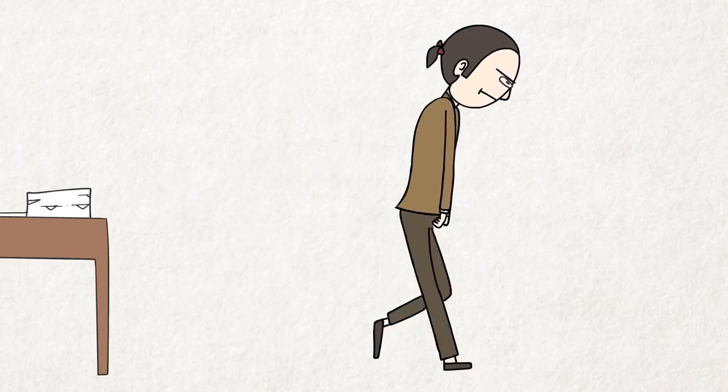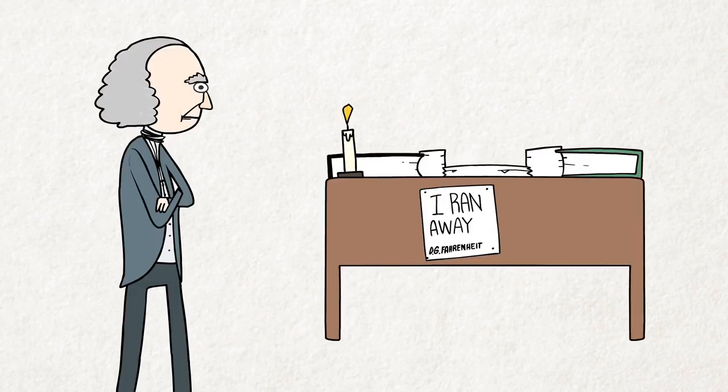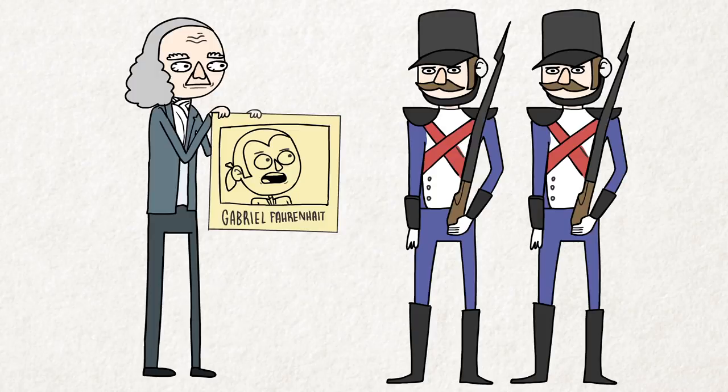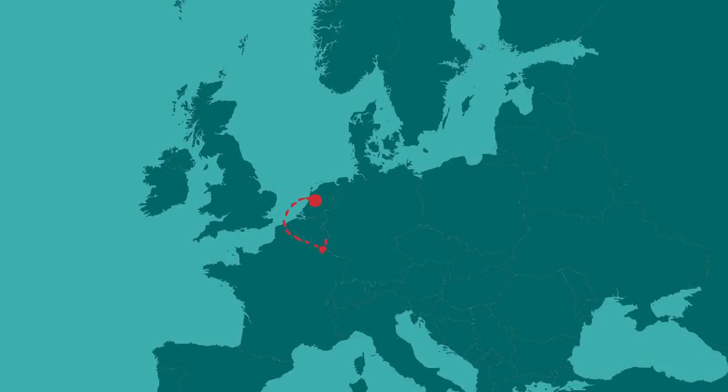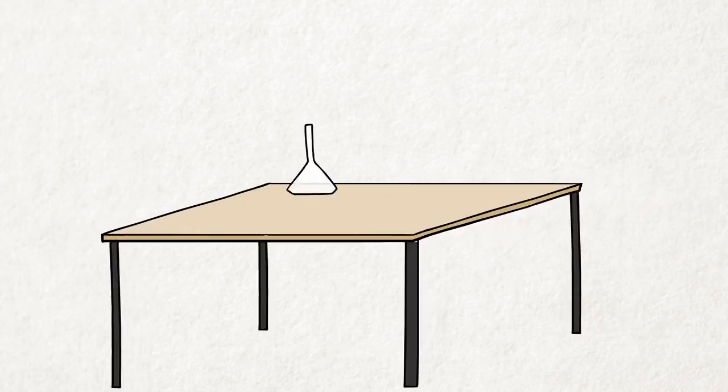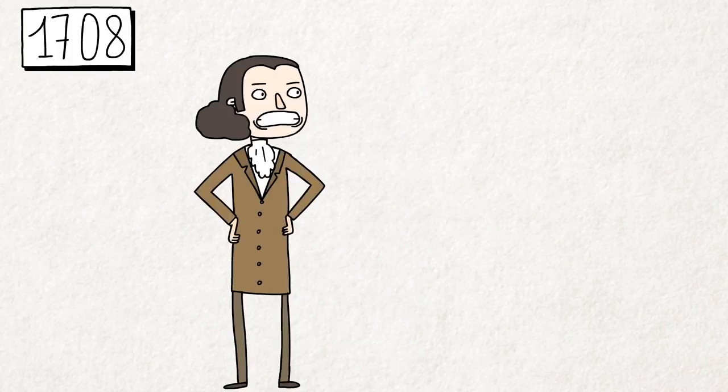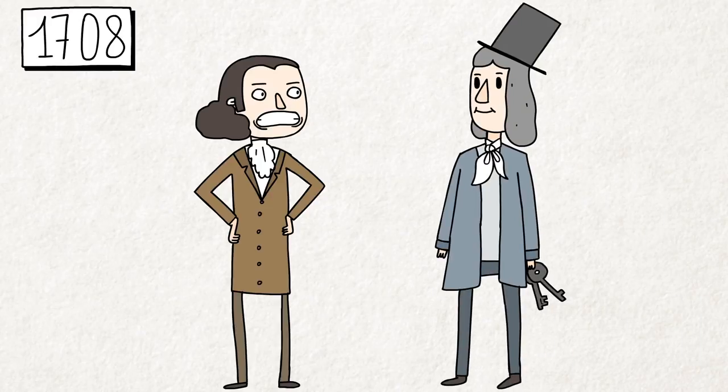But Fahrenheit couldn't stand his apprenticeship and ran away so many times that his employer put out a warrant for his arrest. Traveling from city to city around Europe, he became fascinated with scientific instruments, and in particular, thermometers. In 1708, possibly seeking help with the warrant, Fahrenheit met with the mayor of Copenhagen, who happened to be the